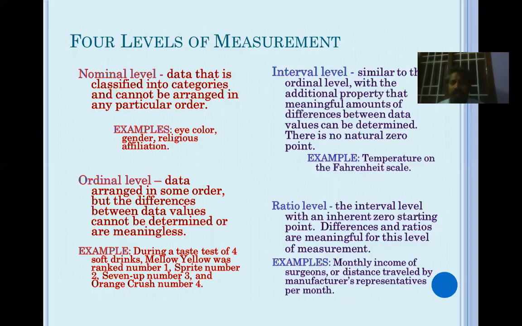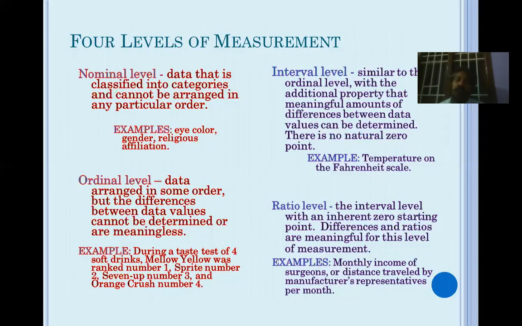Then comes ordinal data, when you have a kind of order between the items. For example, you give 3 or 4 cool drinks to respondents and ask them to rank them: first rank, second rank, third rank, fourth rank. That kind of ranked data is called ordinal data. Then comes interval and ratio. Both are commonly called scale data. Both are numbers, numeric data.